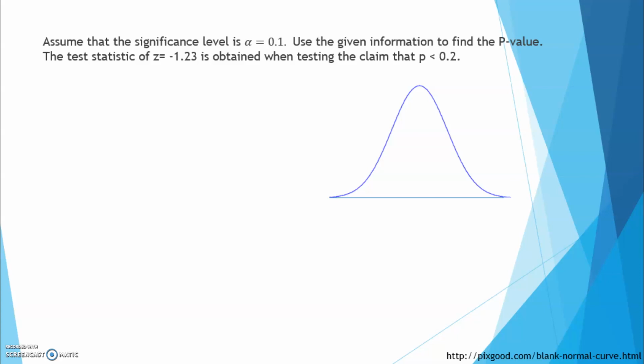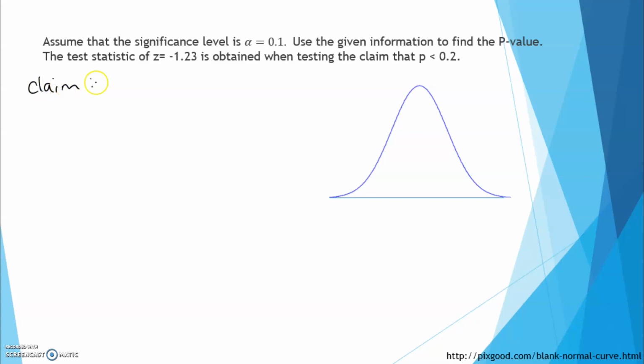Okay, so we're asked to find the p-value. It says assume that the significance level alpha is 0.1. Use the given information to find the p-value. The test statistic of z equal to negative 1.23 is obtained when testing a claim that p is less than 0.2. Okay, so if we find